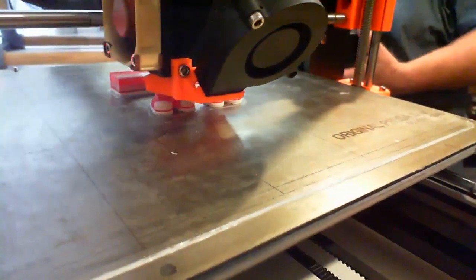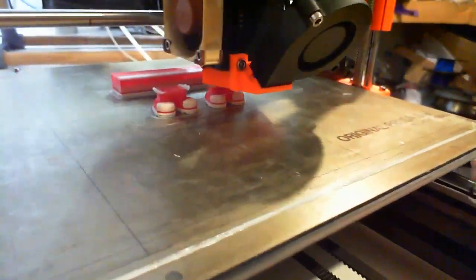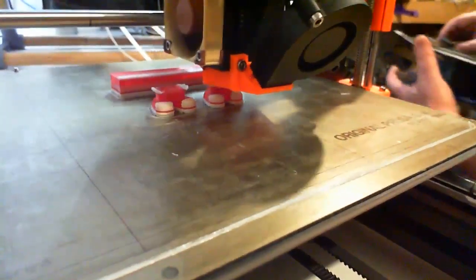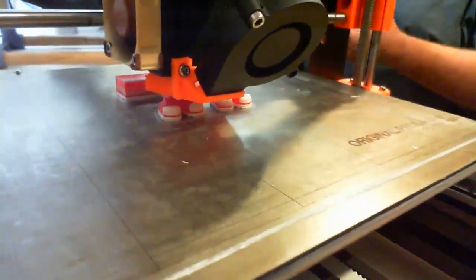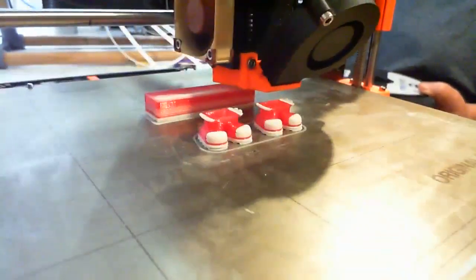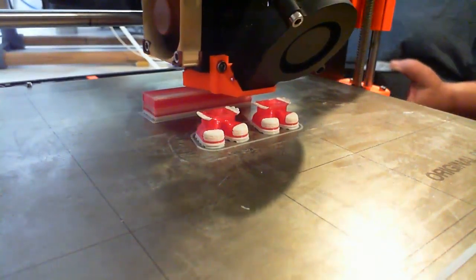Oh, that sounds like it rained or something. Looks like it's dragging on the print. Oh, I see. It's the print curling. And there's no Z-hop. Correct. Okay. Well, that may...